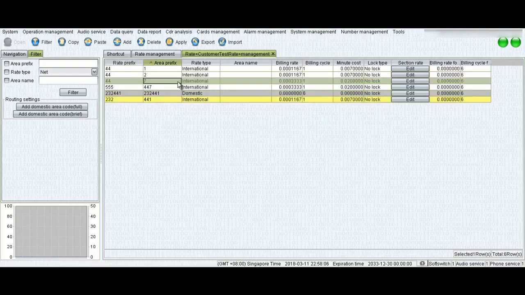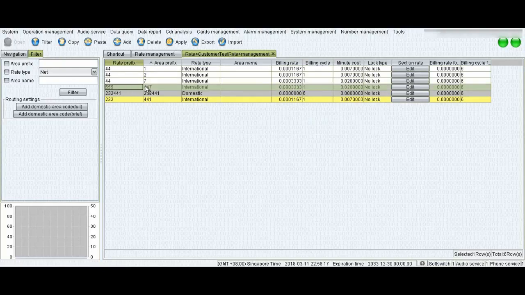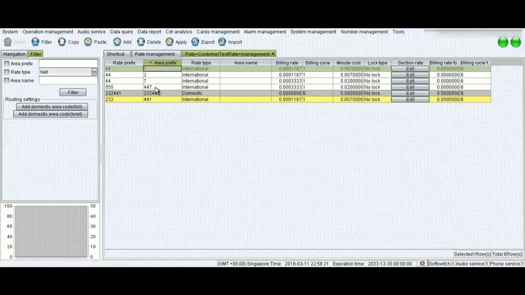Now you can see the difference. The rows with a white background mean they are old records, gray means that you have deleted this entry, and yellow means this is a new entry.